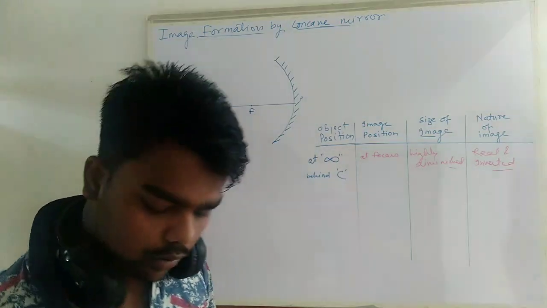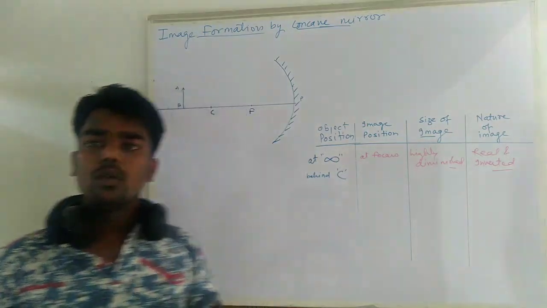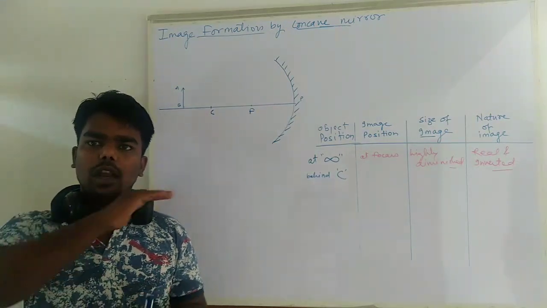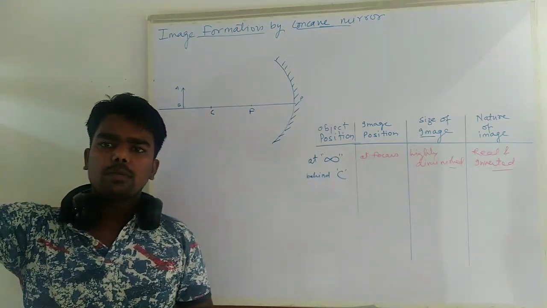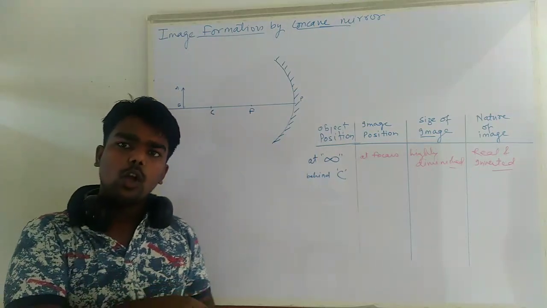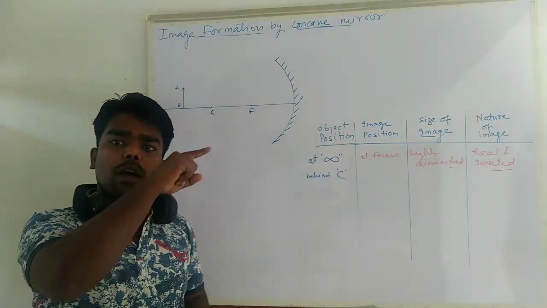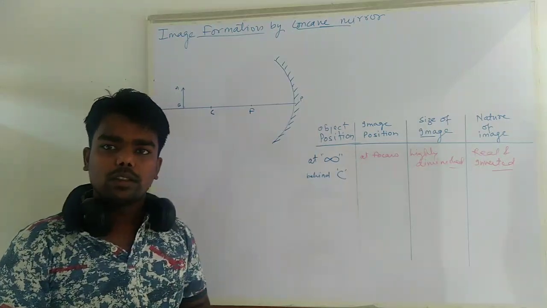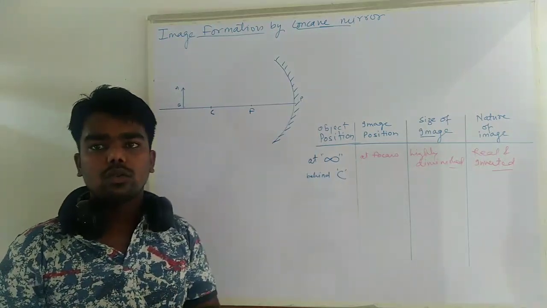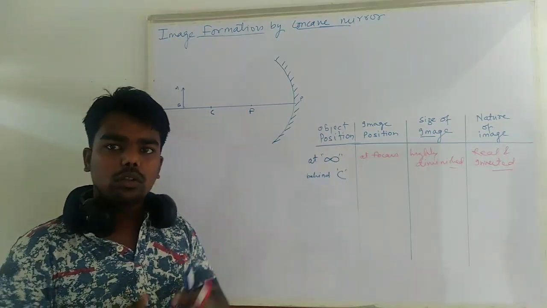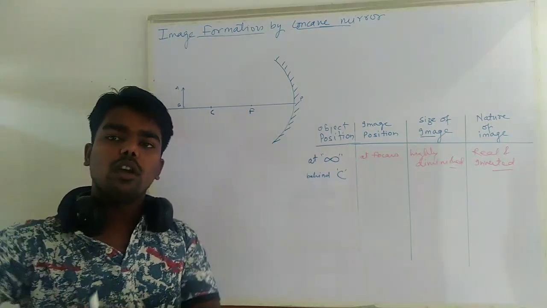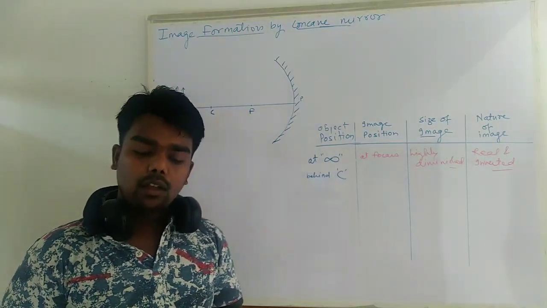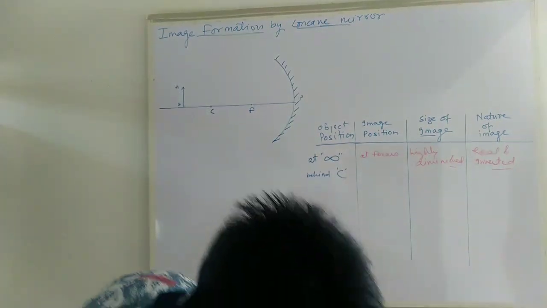In this case also we will strictly follow the rules of image formation. Three rules we have seen. If the light is going parallel to the principal axis, after reflection it will pass through the focus, or if it is incident on the mirror passing through the focus, it will go parallel to the principal axis. You have seen the other rules also, but these two rules we will follow in this case. You can use the other two rules also, but I am going to stick with these. Okay, so let's see how it is going to happen.